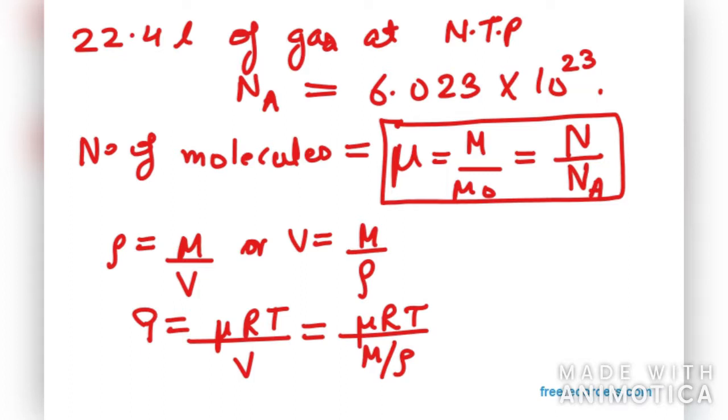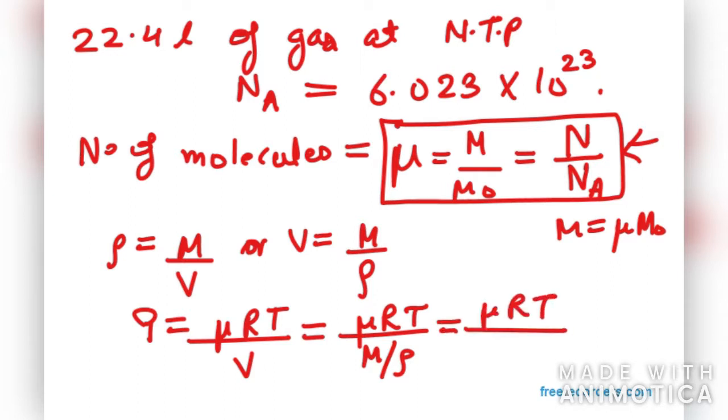Now, m is equal to mu M naught, so let's put the m value as mu M naught. Mu can be cancelled with mu and you will be left with RT